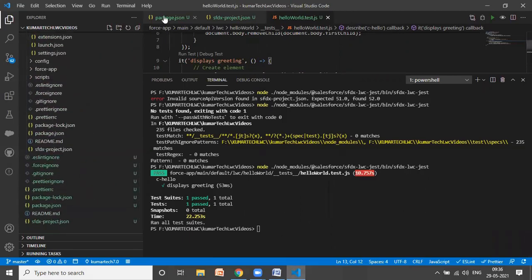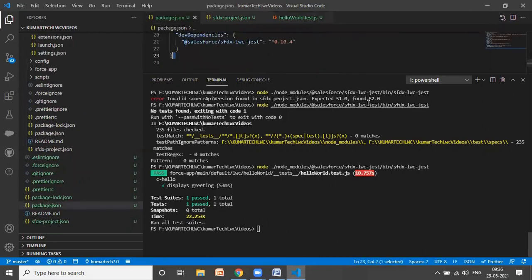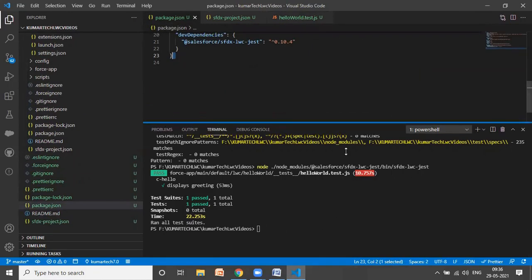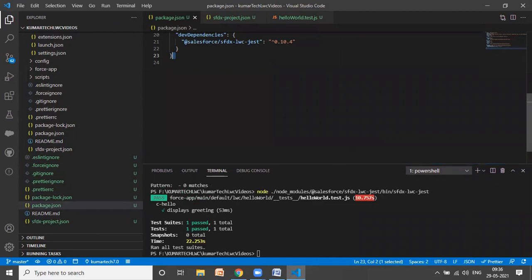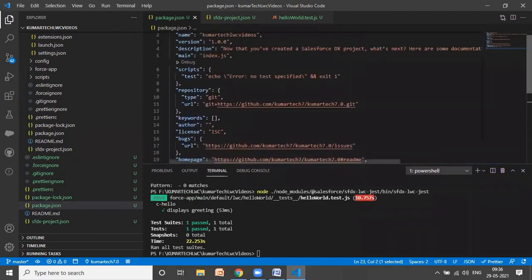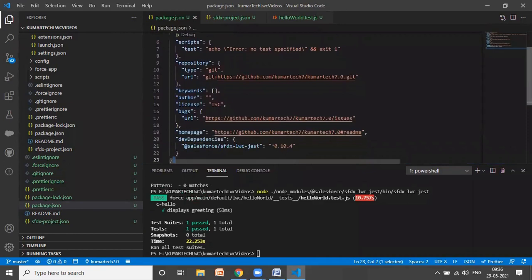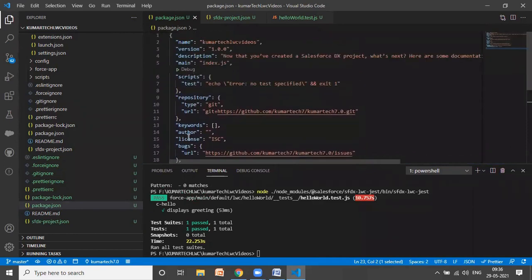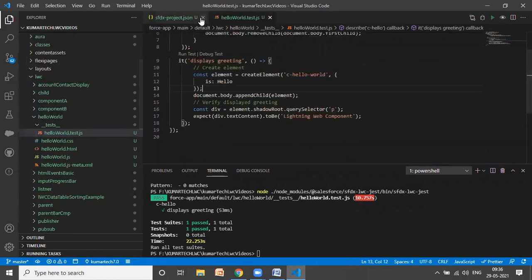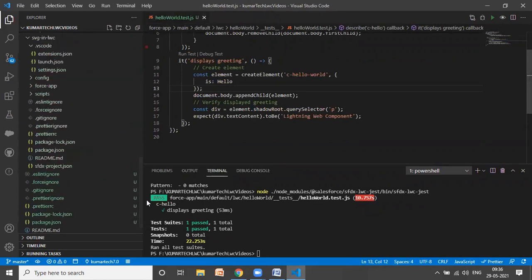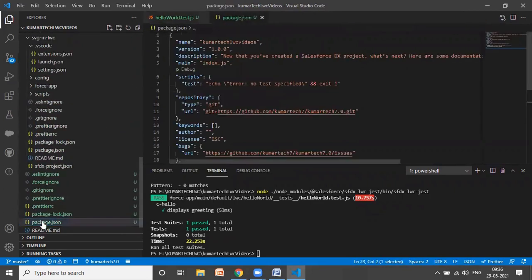Okay, I already have it here, my bad. Still, if you're not able to find it, you can go ahead and check. Yeah, this is my package.json. Now this is the script part we need.